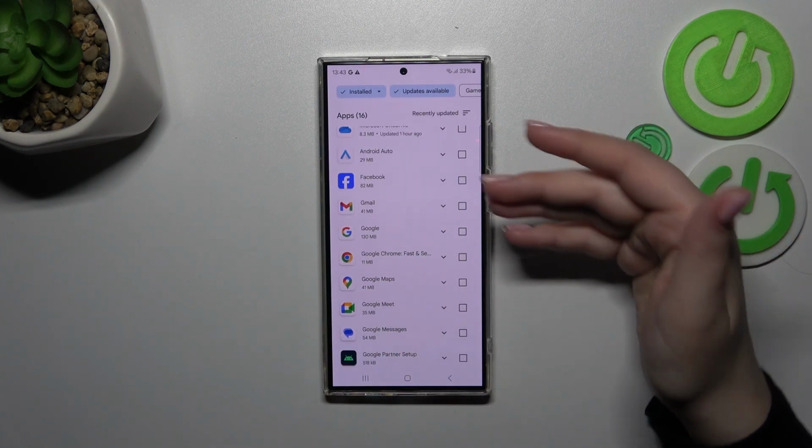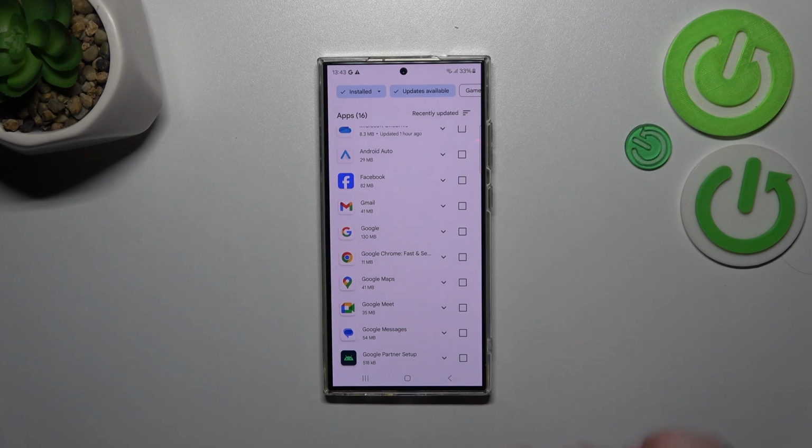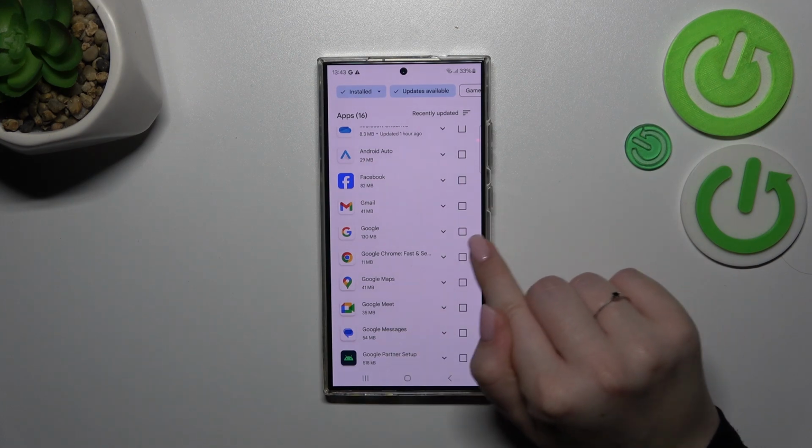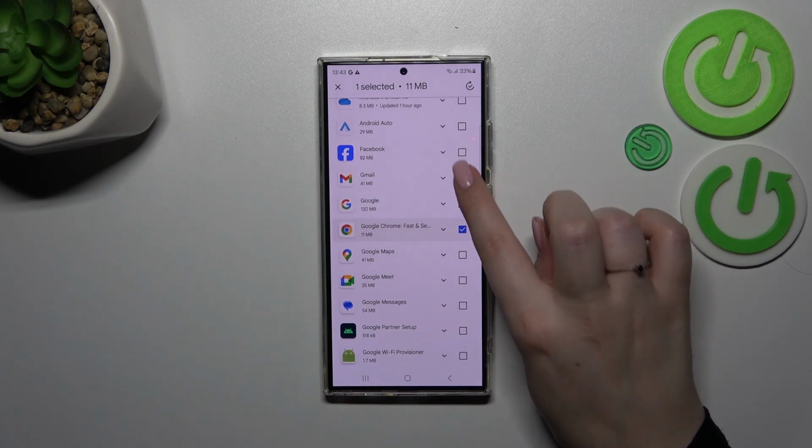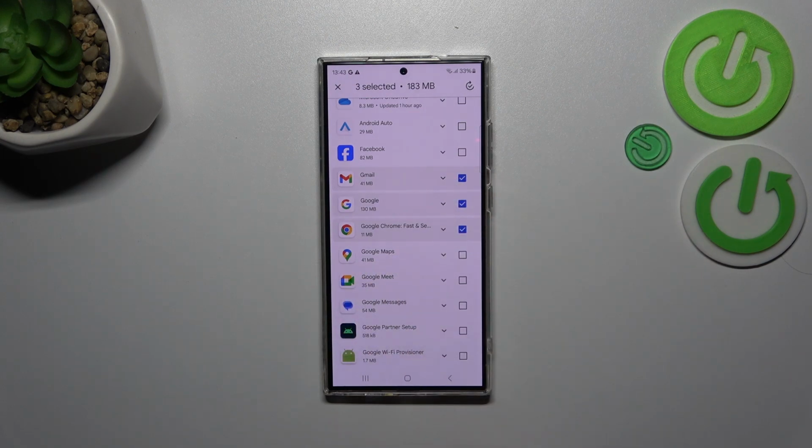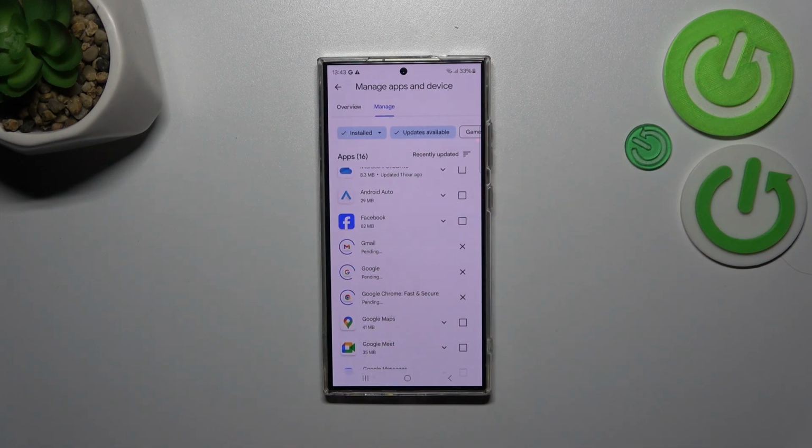So of course, if you want to, you can mark all of them, but you can also choose particular apps. So I will pick the Google Chrome, the Gmail, and maybe Google. All you have to do right now is to tap on this update icon in the right upper corner, and